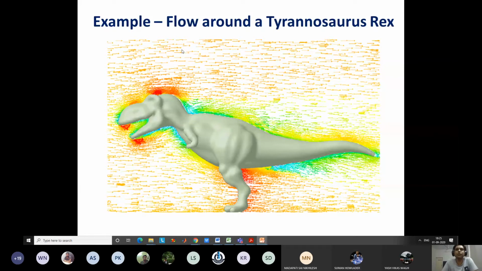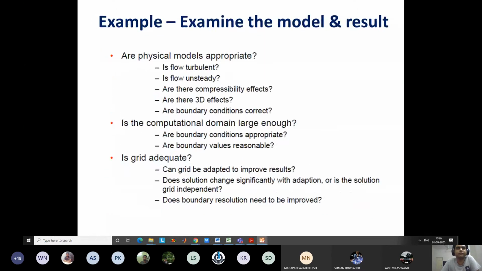So these are also some important points. Far away nothing much is happening, so I can take a very large control volume and still the solution will be accurate to a very high degree. Okay. So very good point.